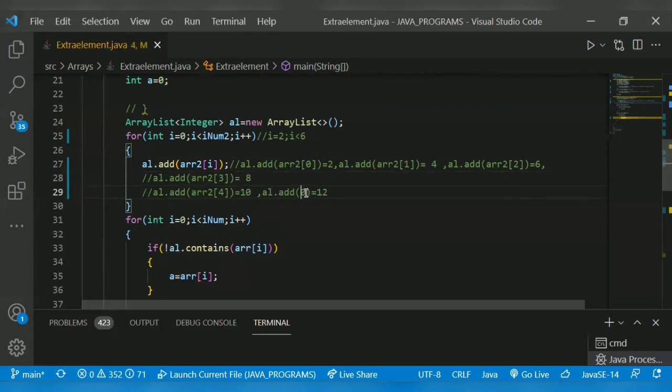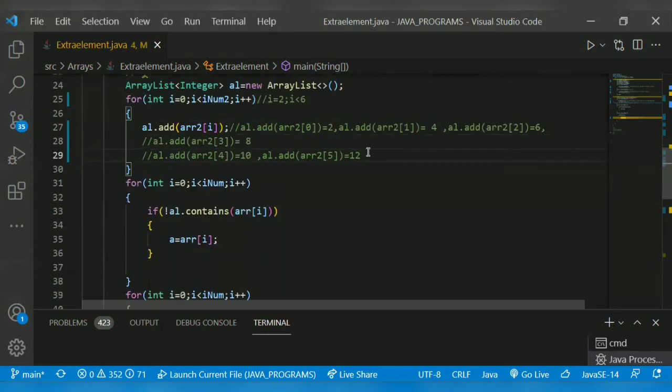Then for i is equal to 5, which is 12. Likewise, the elements will get stored in the array list.